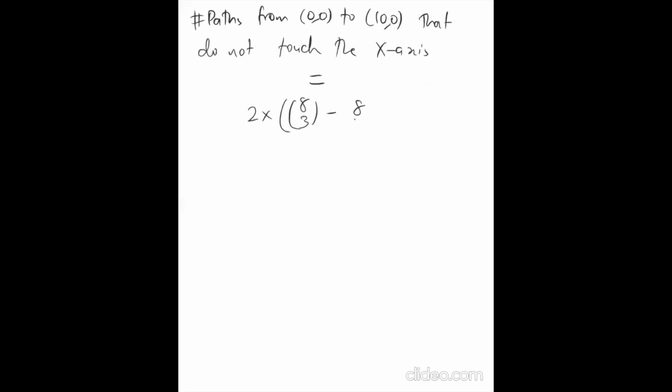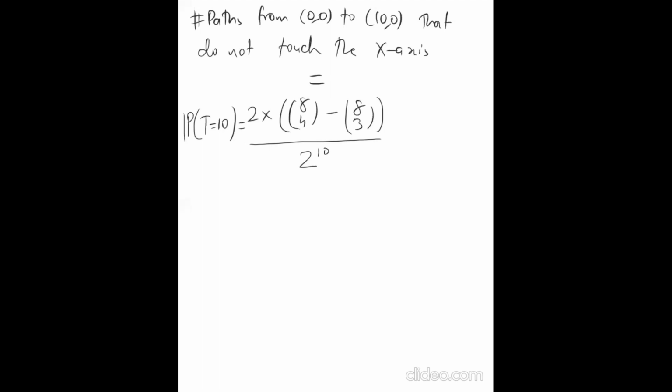Okay, so that means we need to calculate the answer. So I think it was 8 choose 4 minus 8 choose 3. Okay. And this was the total number of paths. All right, and this is actually the number of favorable outcomes. Okay, so to find the probability, we just need to divide by the total number of outcomes, which as we saw before was 2 raised to 10. So that means the probability that t equals 10 is this. Okay, and we found it, right?